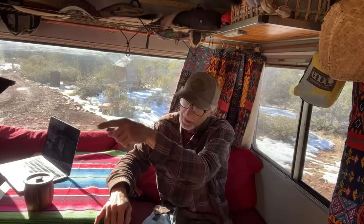I have made changes along the way. I changed my stove to a different stove, one that can be taken outside also. And I had a huge sink, and I got rid of the sink completely because I just find I use way too much water when I use the sink. So now I just use a spray bottle. I've got the little sink over here, just one of those little pop-up ones. And that's all I simply use. So other than that, I would say